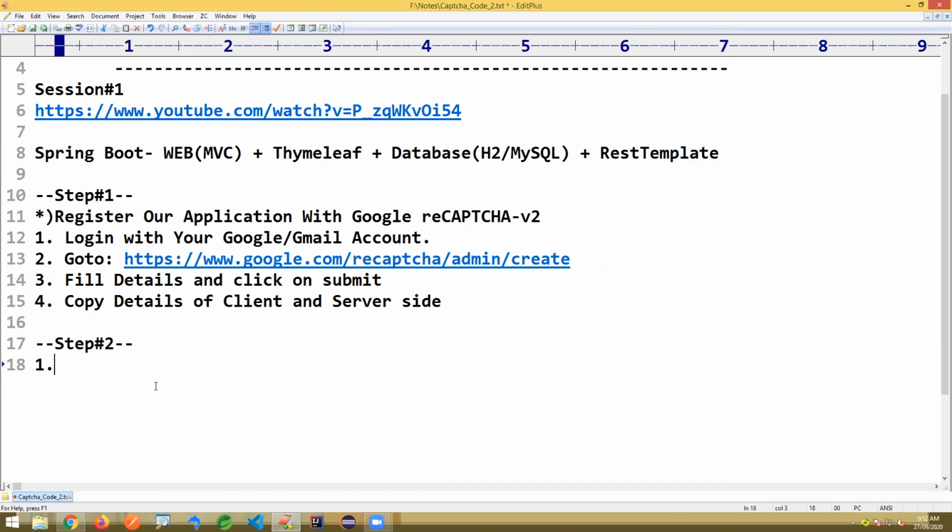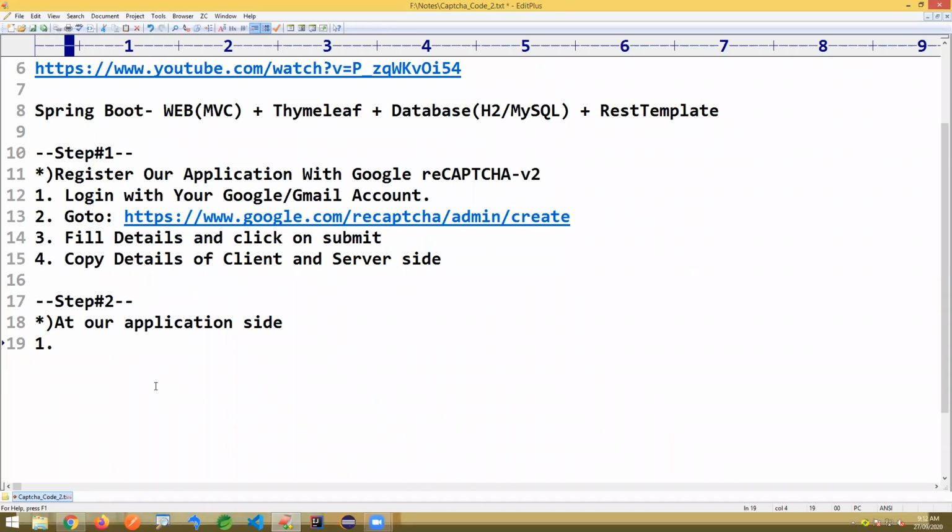Here I'm writing step 1, at our application side. First of all, we have to write one application that specifies all the operations using web MVC, one UI and a database.